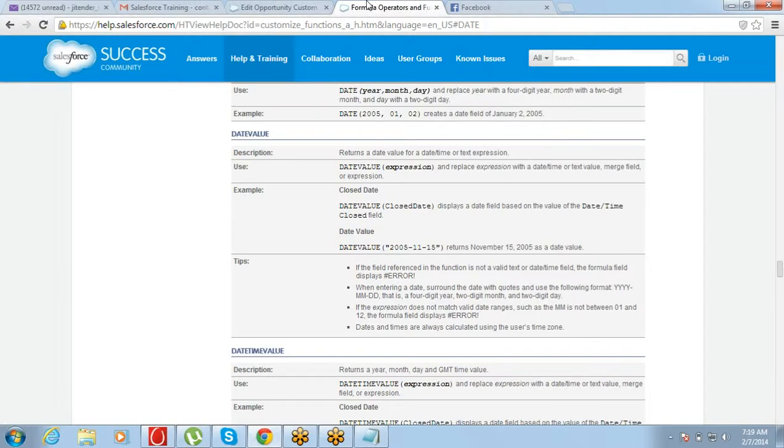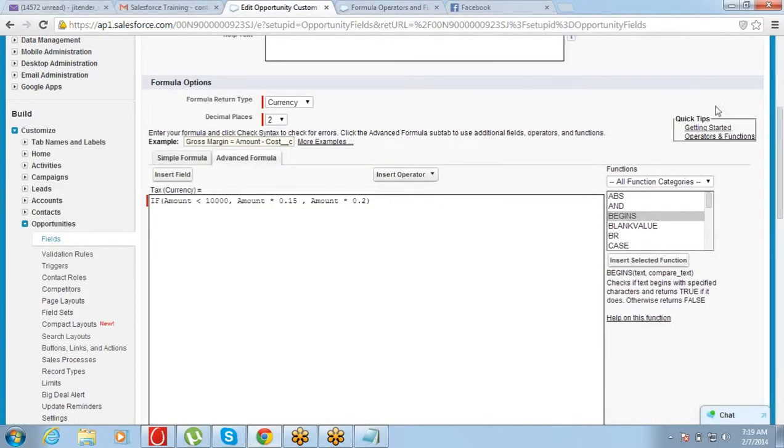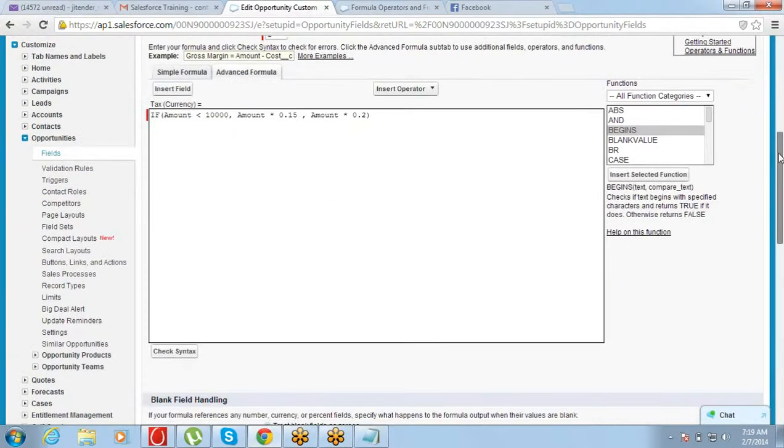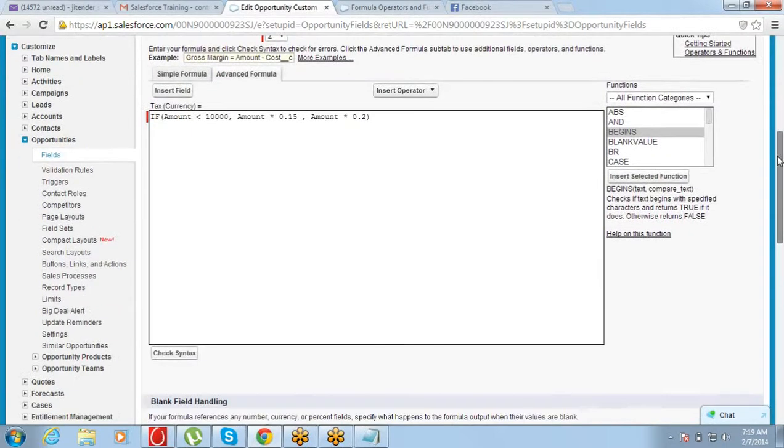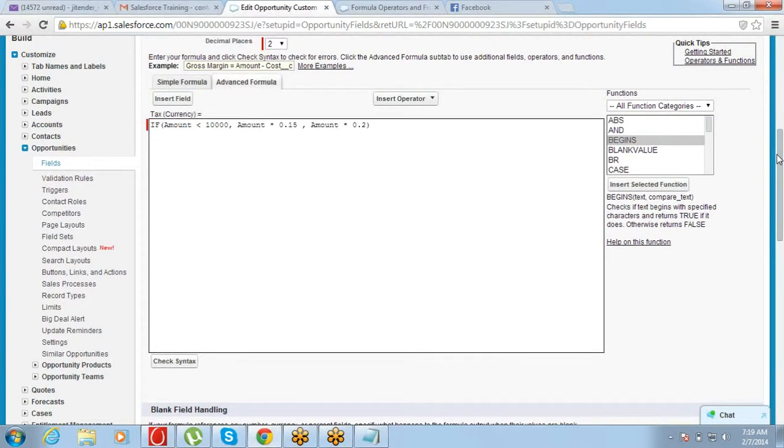Just have this link and some idea. If you want a function related to date, go back to this, see which function works well for you, and then use that. Initially you can try a few functions, but don't spend too much time looking into all of them, because it is not possible for us to remember all of them. The common ones we know, but otherwise we keep checking when we require it.